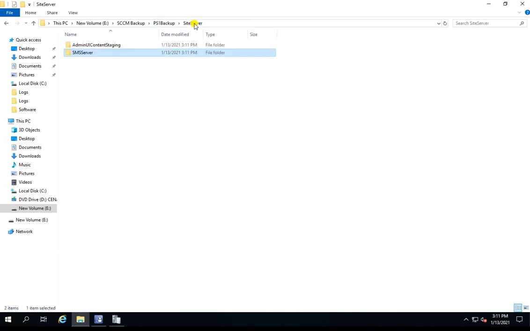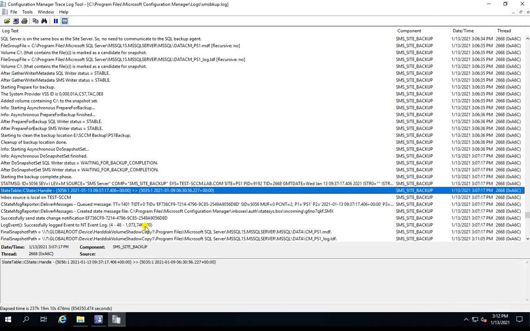So that's how you can take the backup. If we keep on watching, the video will be too lengthy. If there is any issue with this backup, you can get the logs file here.